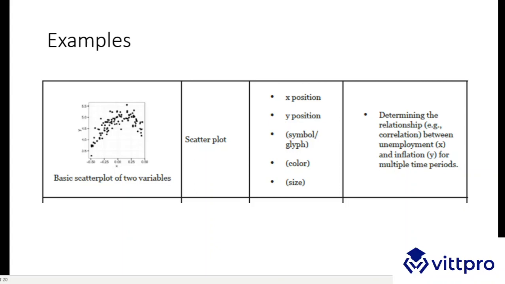If there is a clear direction like this, then it means that there is a relationship between the two. If the data is all over the place, then it means there is no relationship. So basically this type of chart is used to understand whether there is a relationship between the two variables or not. So that's the easier way. Okay,